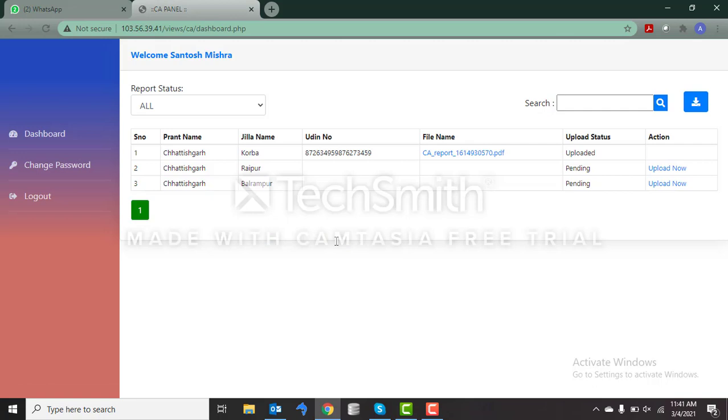Upon logging into the system, we see the dashboard in which there are details of the CA like the Prant name, like which Prant the CA is working in, then Jilla name. If the CA is working on Jilla level, then we see the Jilla name as well. So if a CA is working on one Jilla, then we will be having one record over here. But if CA is working on more than one Jillas, then we will be getting all the Jilla names, the records for all the Jillas